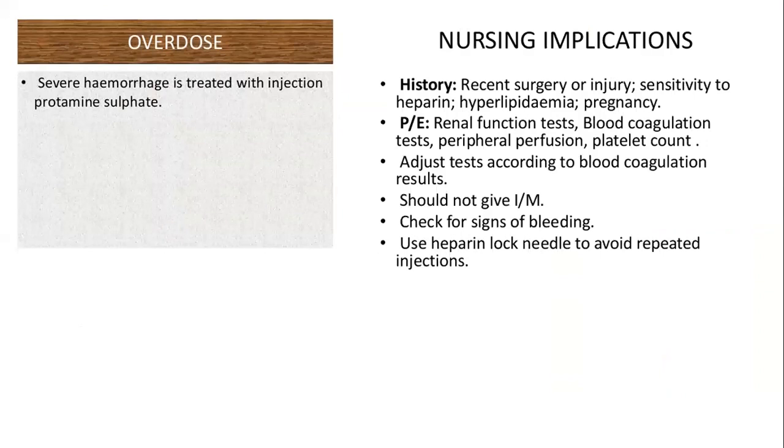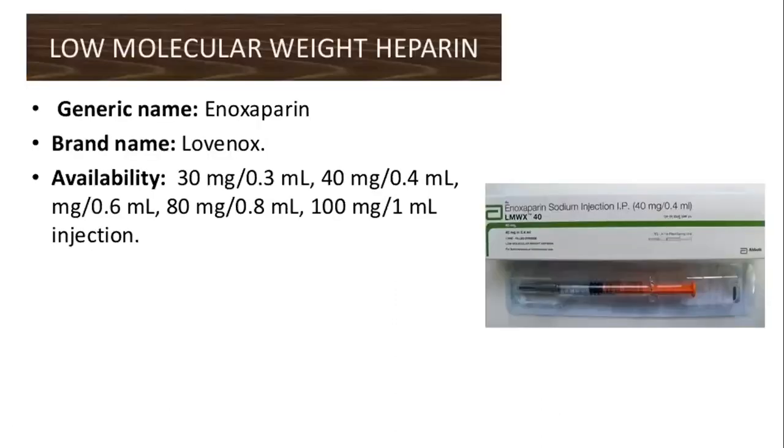If we are giving too much of heparin injection, what will be the complication, or what can the patient undergo? Overdose. If you're giving too much heparin, it will not allow the blood to clot. If there is any specific injury, it will not allow the blood to clot, and the patient can start continuously bleeding. Then what are the nursing responsibilities we have to follow when we are giving injection heparin? The second, which also comes under the first classification along with heparin, we call low molecular weight heparin, injection enoxaparin.